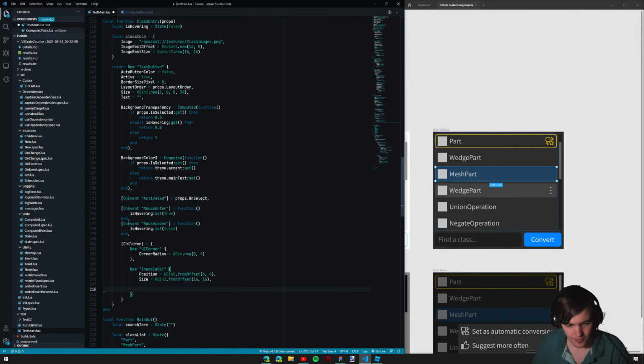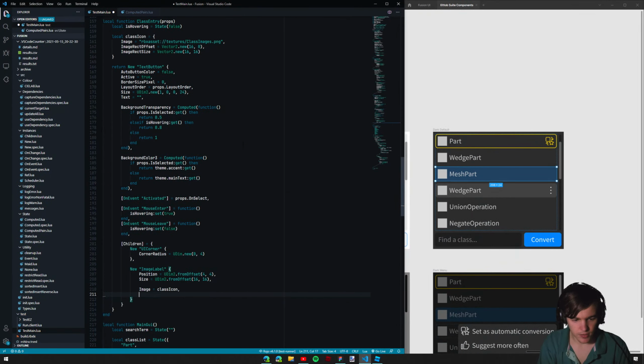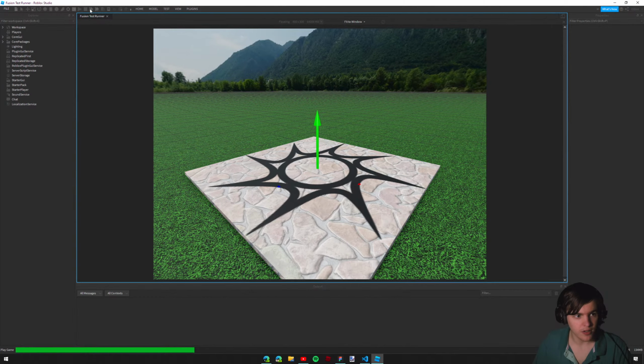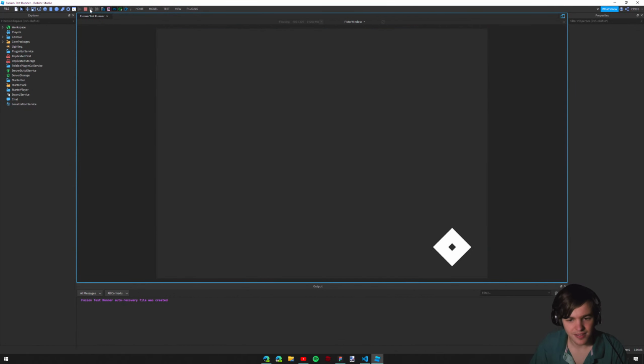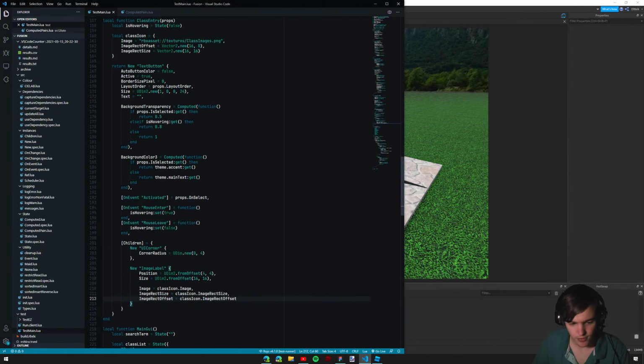So it is image rect size. Image rect size, that should be .image, sorry. Image rect offset is image rect offset. Will this show a picture of a part? Yep, it will. It looks horrible because Roblox can't upscale images for its life. But